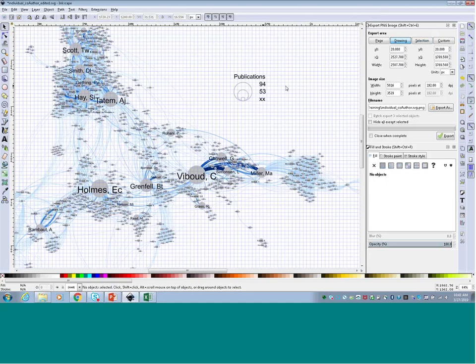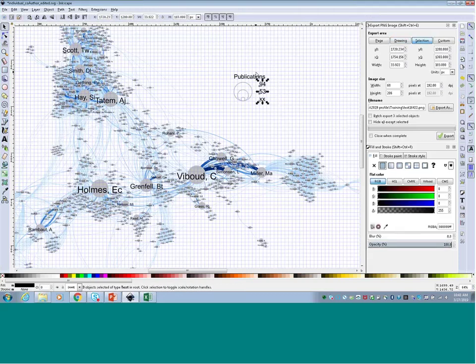Now I'm going to go in and do basically the same thing to add the legend for the individual co-authorships for the lines. One of the things that I do to save myself a little bit of time is I'll go ahead and select all three of these and just duplicate it and drag it over so that it's got the same size. To select multiple things, you can either click and hold and drag to select all of the things within that particular box, or you can hold the Shift key to click on additional things. So Shift and select to select multiple things rather than Control and select.